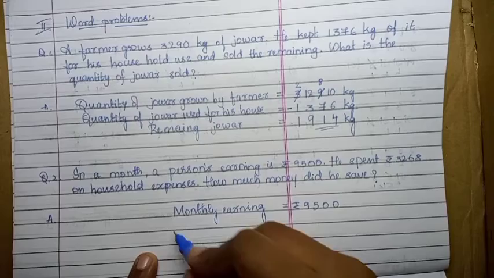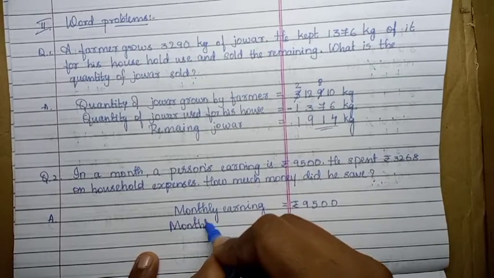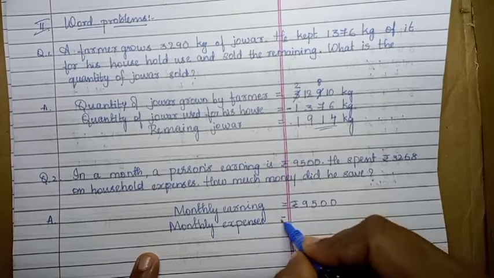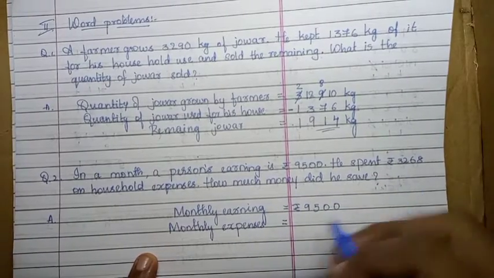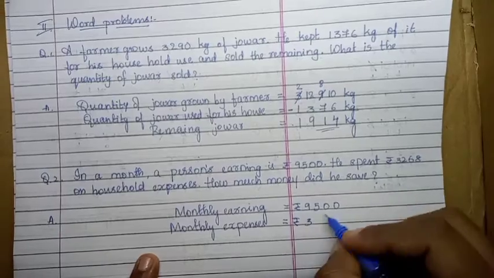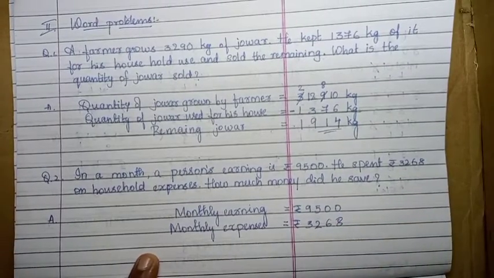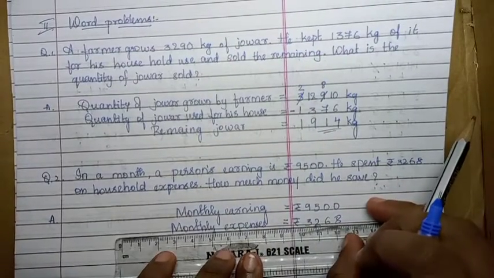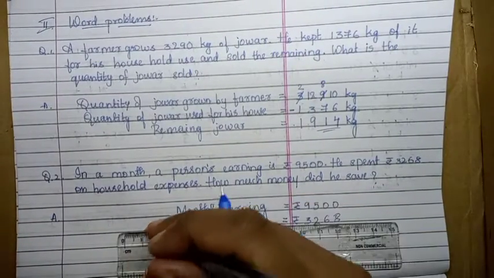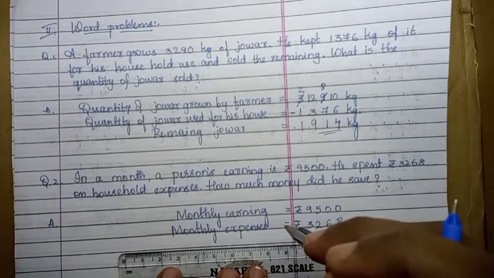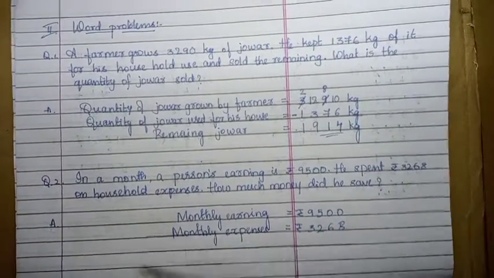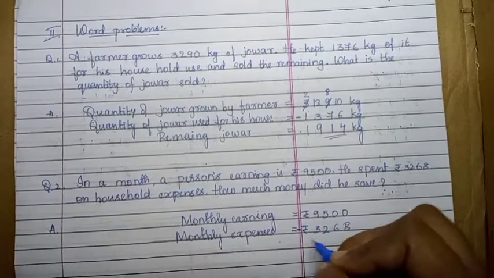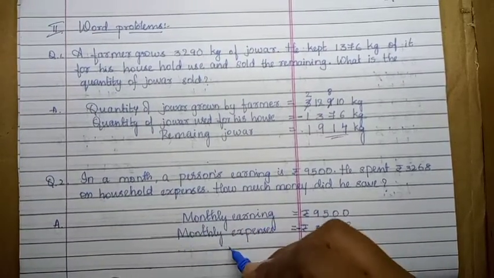What about monthly expenses? How much he has spent? Monthly expenses is equal to how much is it? Rupees 3268. So what is the amount remaining with him? How much he has saved? Let's write down the answer. I'll just draw a margin here. So we have to do subtraction here, right? Therefore savings is equal to,